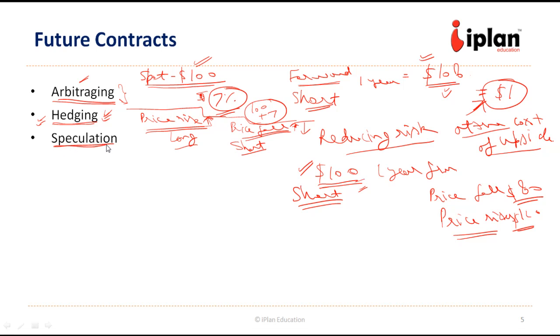potential. And finally, there could be speculation activity where the trader wants to take a position on the underlying movement, and accordingly they get into the long or short side of a contract. The difference between trading in the cash market and the futures market for speculation purposes would be that in the futures market the leverage will be given for a longer duration. So that is the advantage.